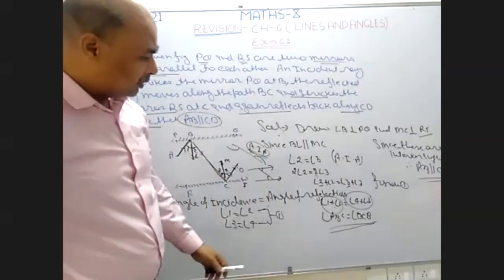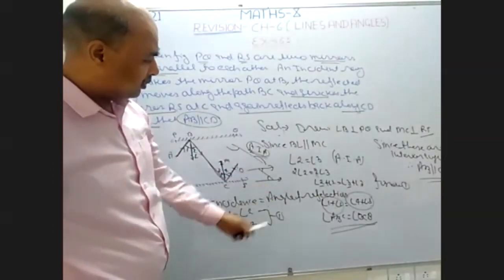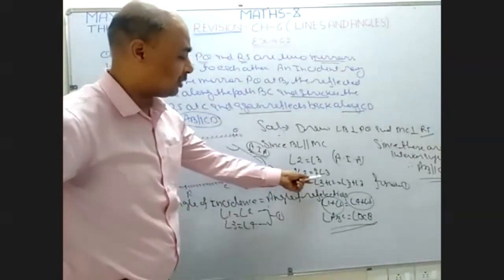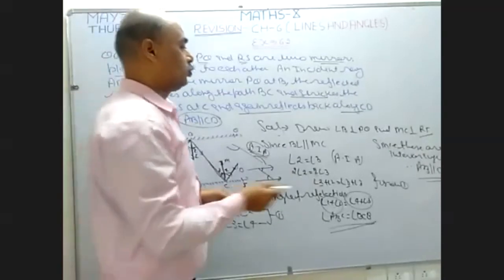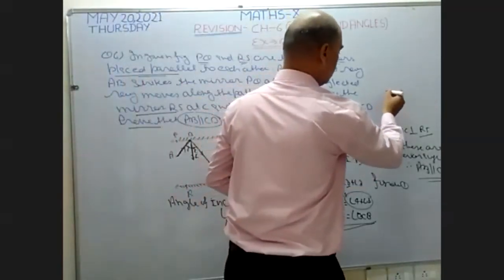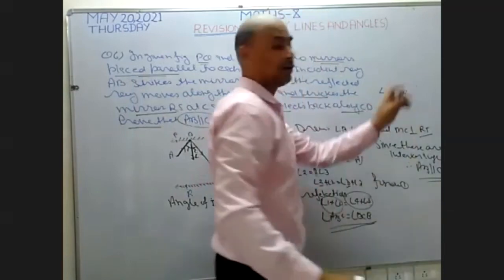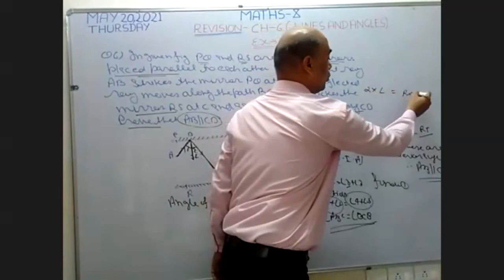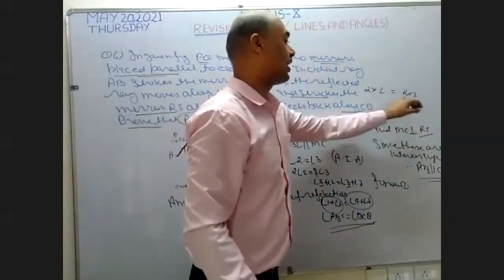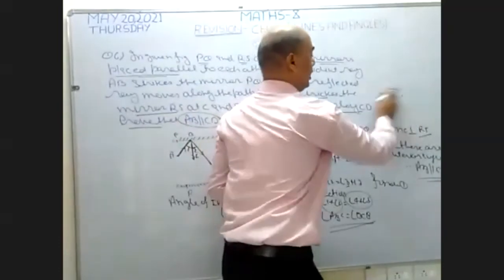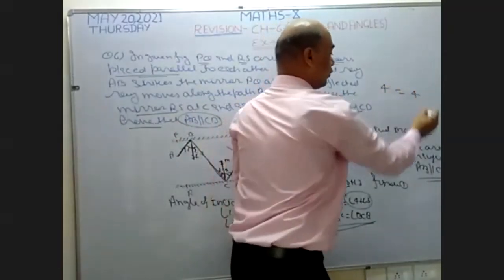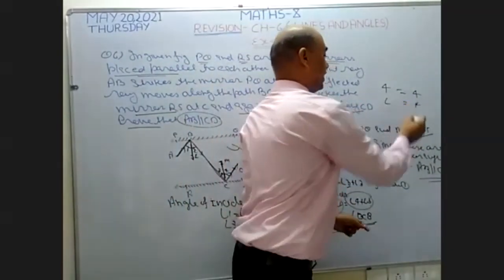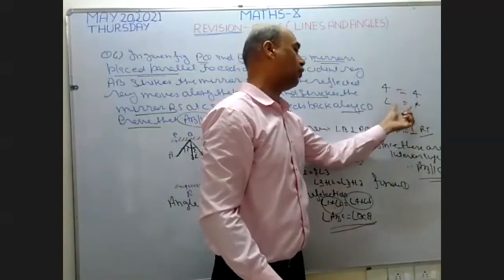Sir, I am having a doubt where you have written that 2 multiplied by angle 2 is equal to 2 multiplied by angle 3. So how has this come? Yes, beta, when two sides are equal, suppose left hand side is equal to right hand side, and you multiply both the sides by the same number, then the result is going to be equal again. Here, as you know, 4 is equal to 4. Okay, beta, this is left hand side and this is right hand side. So write 4 equal to 4. Left hand side and right hand side both are equal.